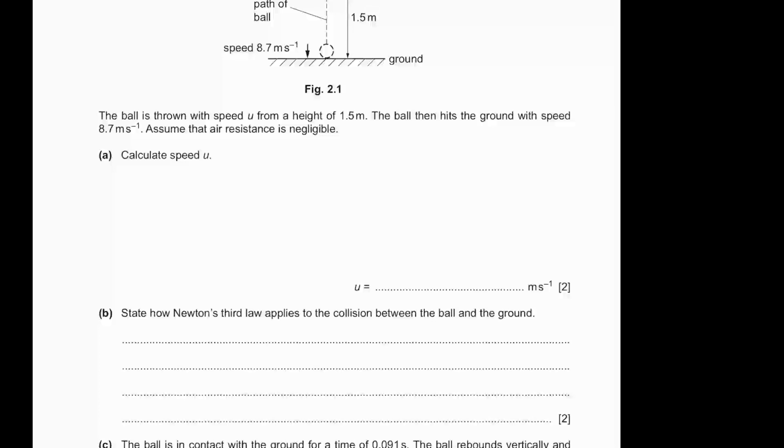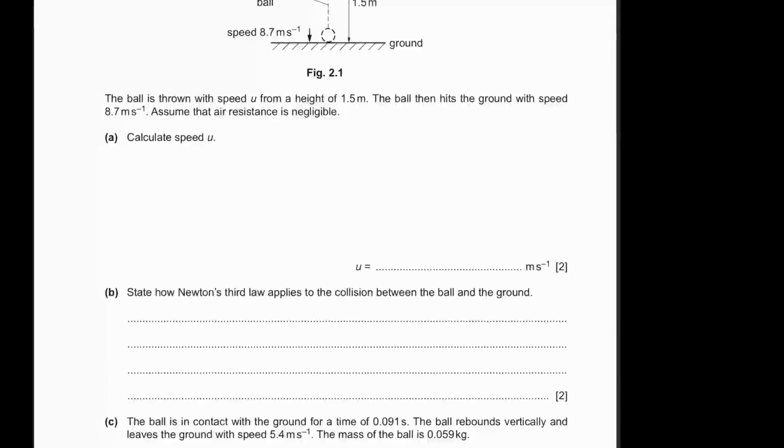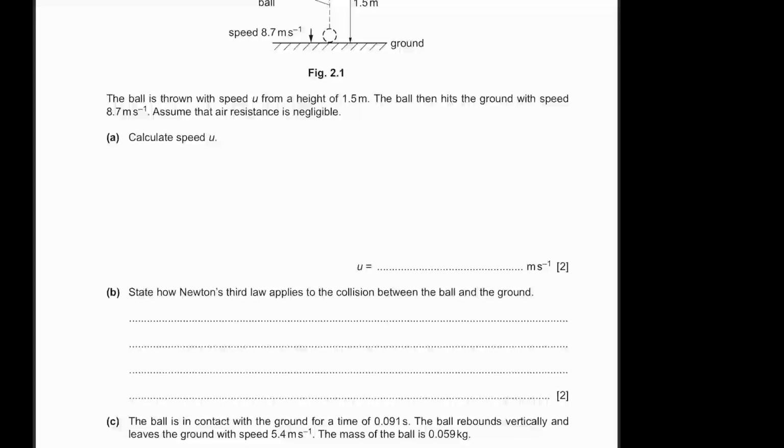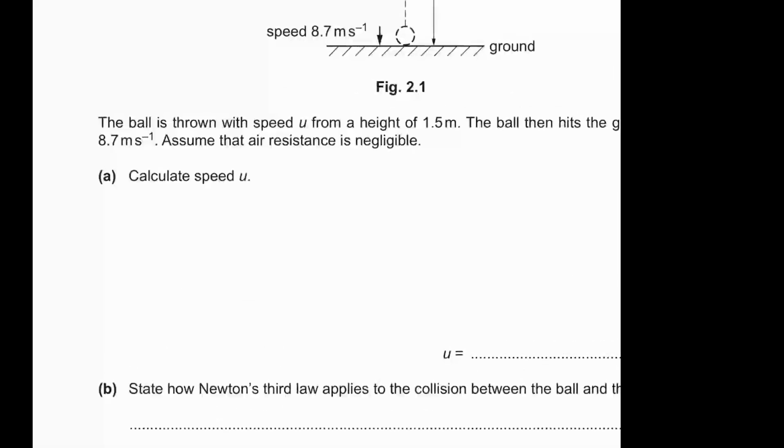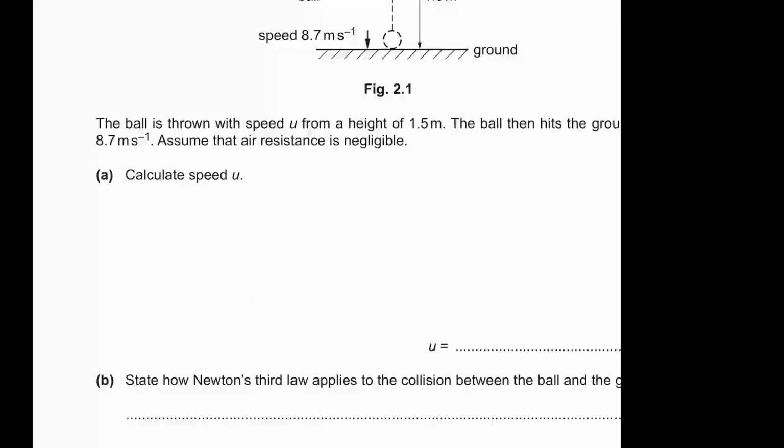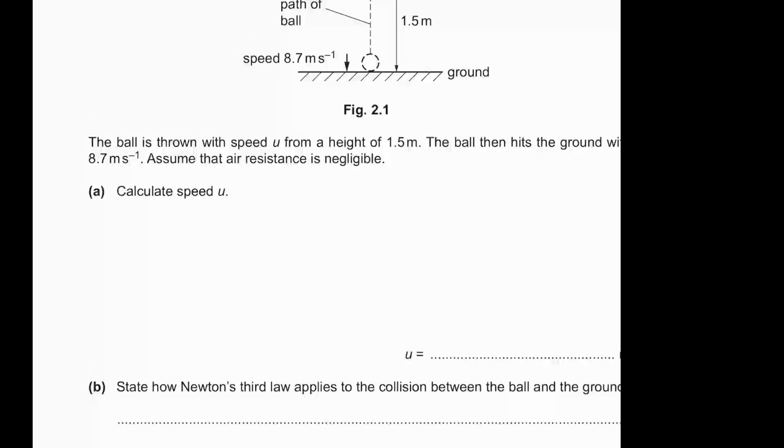Right. Question 2. A ball is thrown vertically downwards to the ground as illustrated in figure 2.1. The ball is thrown with speed u from a height of 1.5 meters. The ball then hits the ground with speed 8.7 meters per second. Assume that air resistance is negligible. Calculate the speed u. So guys, u is the initial speed, v is the final speed, and the height is 1.5 meters. And we know the acceleration while it is falling will be the gravitational acceleration. So the equation which connects v, u, a, and s is,